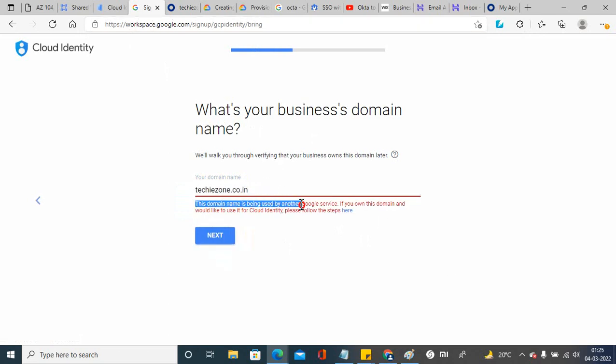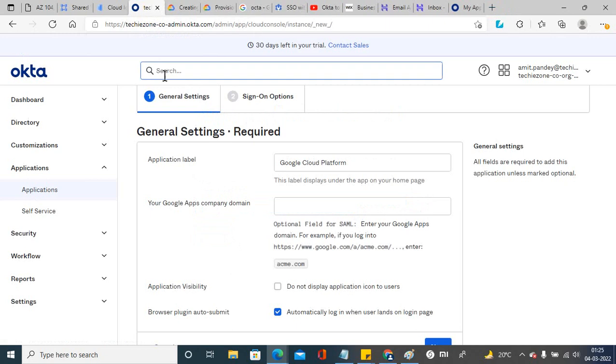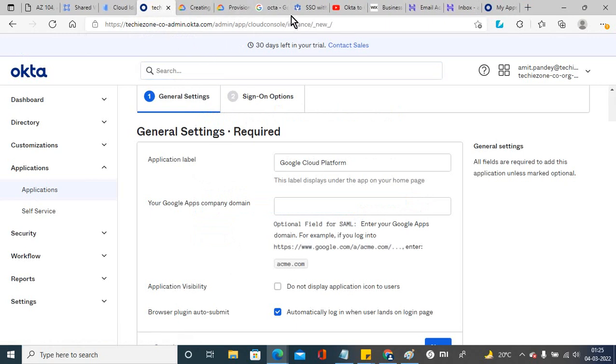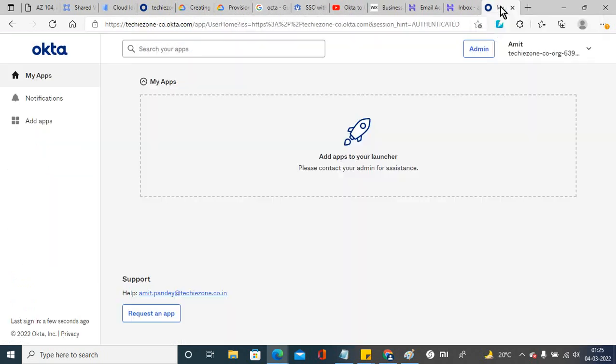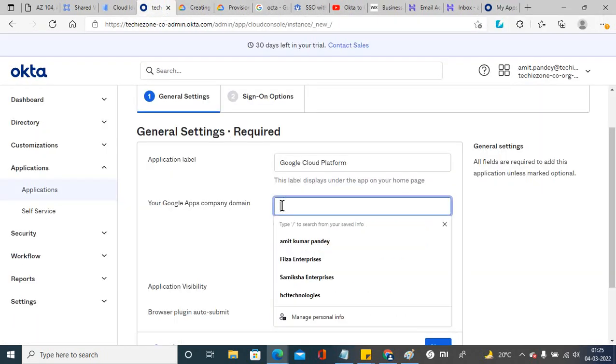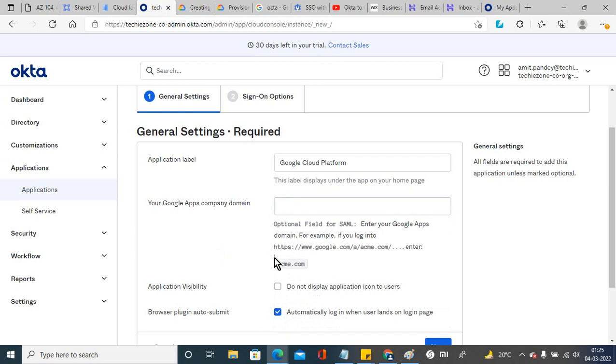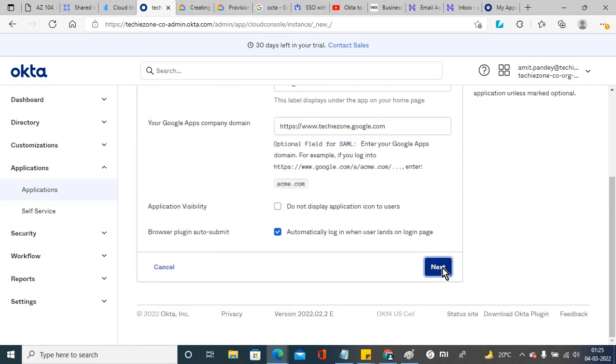This domain name is being used by another Google service. Okay, so I think it's already created as techizone.google.com. So what I will do, I will keep it here. I'm copying this one, pasting it here, and once I apply this, next